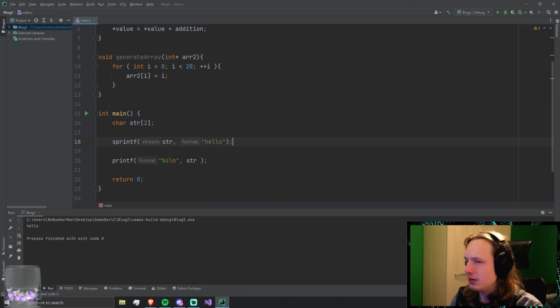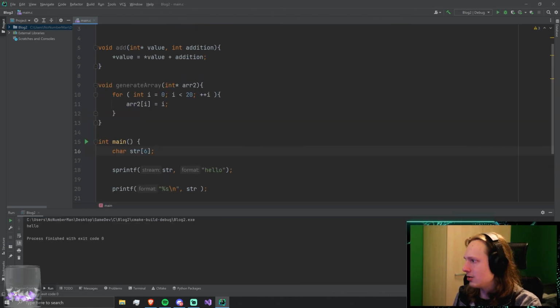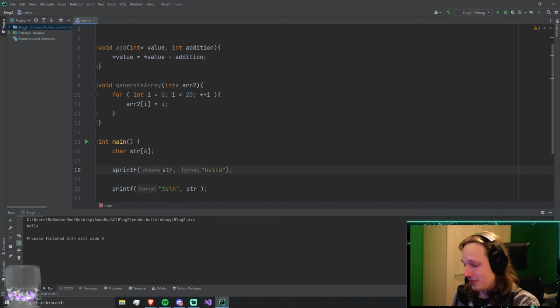So, yeah, you can run into some issues with that. You can make other programs on your computer crash. You can make Windows crash. And that's the dangerous part. So, if you know that this string is 5 letters, but then also 1 for the 0, you should definitely assign at least 6 characters here. And then you're safe, right? But make sure that you always assign more space than you actually need, or at least as much as you will ever need. Because maybe sometime someone wants to write hello world, and then 6 is all of a sudden way too little.